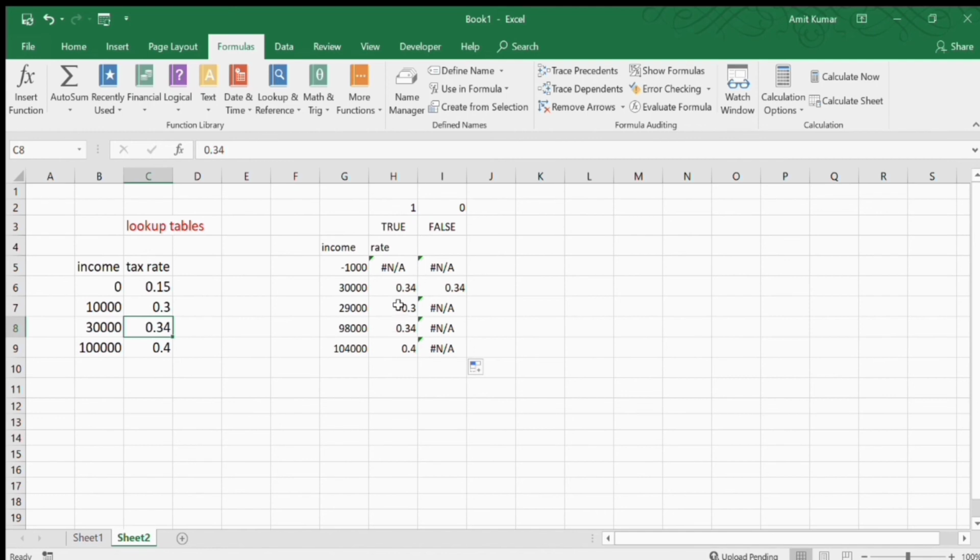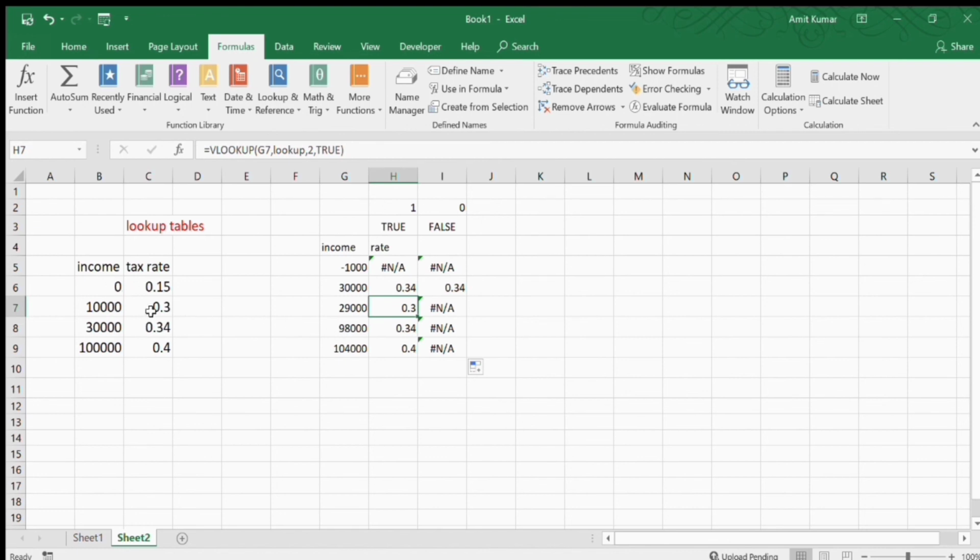Here there is no exact match available for 29,000, but if we write true as the range lookup argument, then if an exact match is not available, it will take the lesser value.